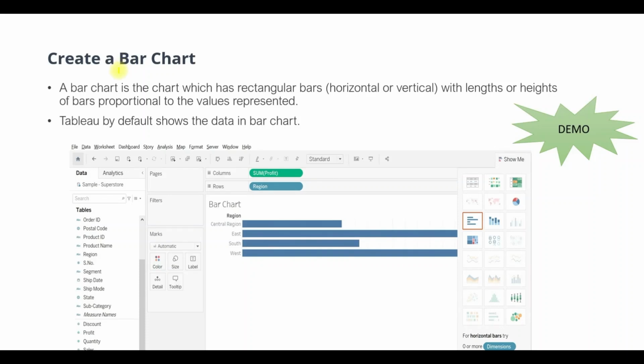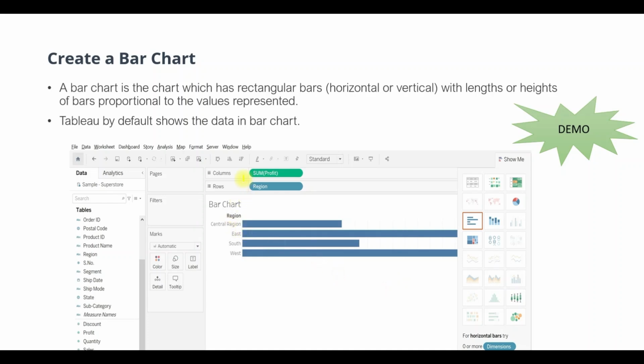Let's start module 3 with the very first topic, that is creating basic charts. And in that, we'll be starting with a bar chart. So in Tableau, a bar chart is a chart which has rectangular bars, something like these shown in the picture below in the blue lines. These bars can be either horizontal or vertical, and the bars show the length or heights of the values which are being populated into the visual.